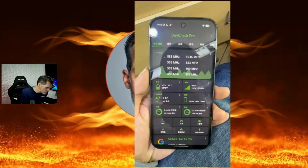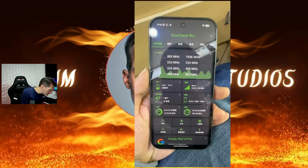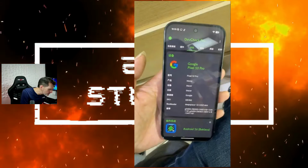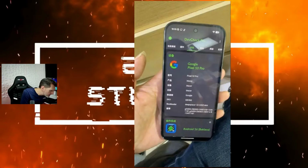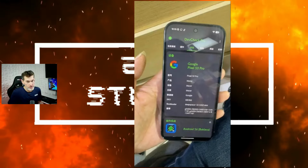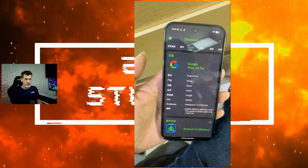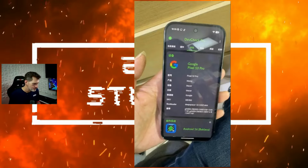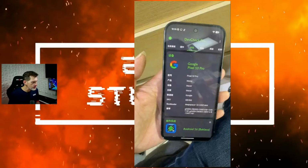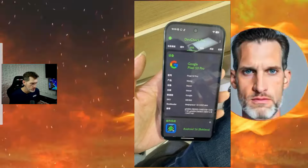Shows you the temperature, the Wi-Fi, the screen resolution. And what else do we got here? Let's show this one. Pixel 10 Pro, another identifier, and it gives you some code words: the device name, operating system. You can tell it is on Android 16. This is a non-beta version of Android 16, which makes me believe this is a full build. So basically a sneak peek of what Android 16 will be like when it launches in stable build on the